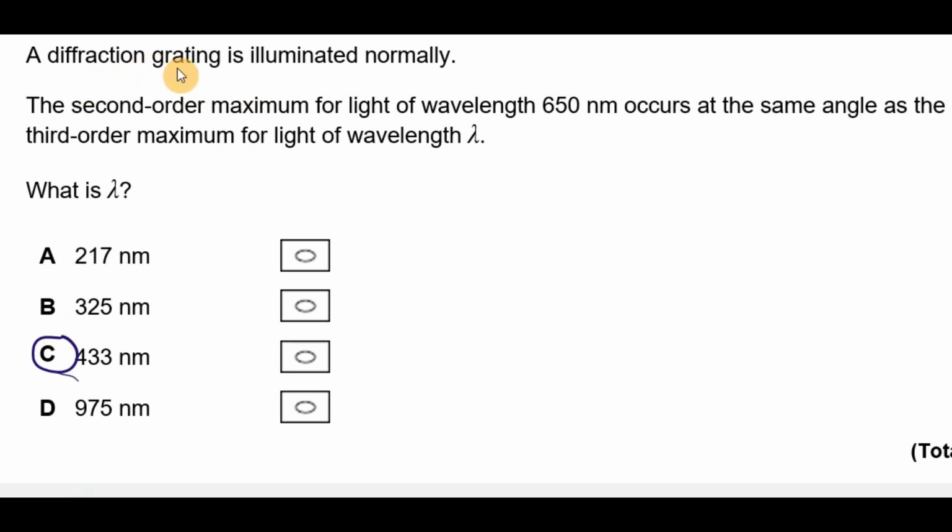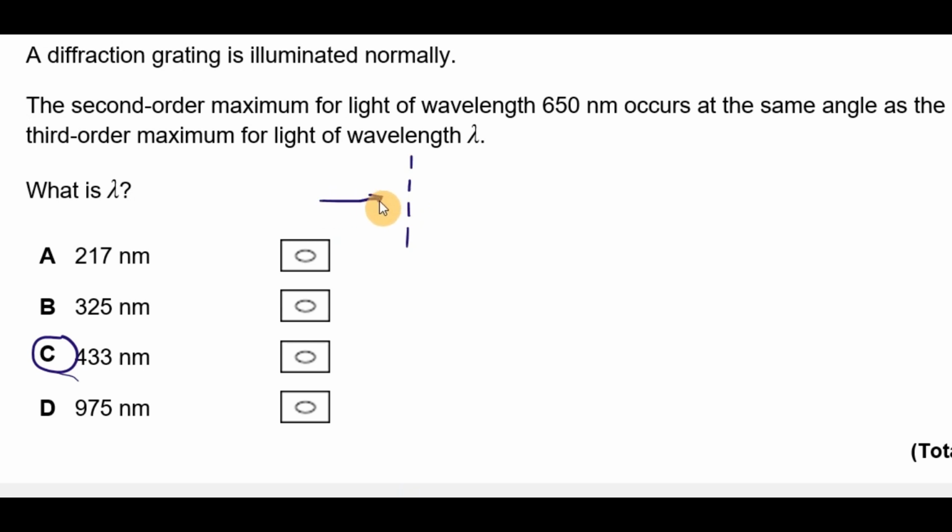So, a diffraction grating is illuminated normally. The second order maximum for the light of wavelength 650 nanometers occurs at the same angle as the third order maximum for light of wavelength lambda. What is lambda? So what we've got here, we've got a grating